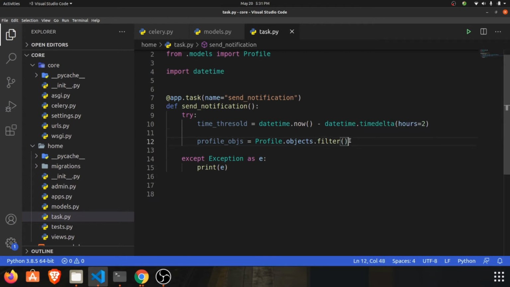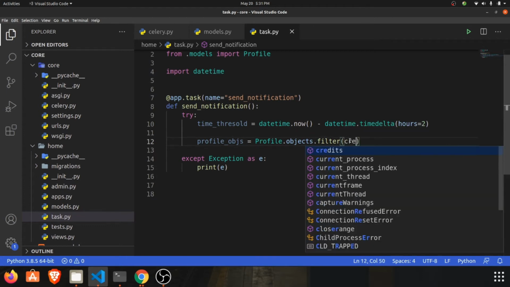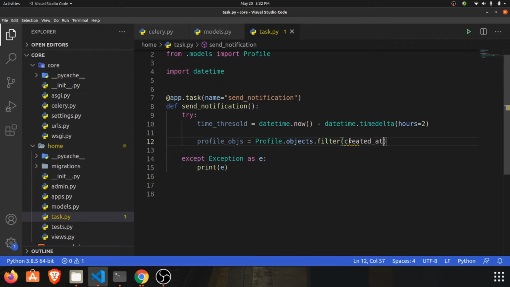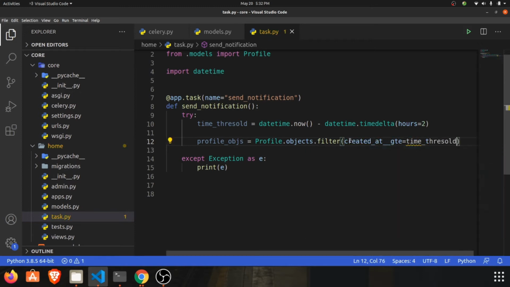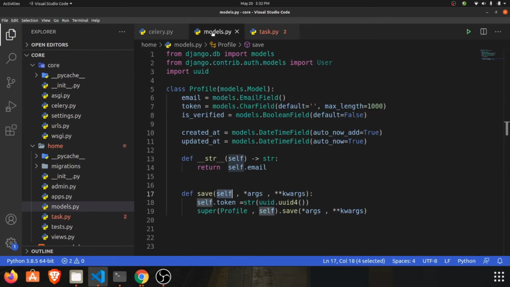We can do created_at__gte, whose time is greater than the time threshold. This will get all the objects from the profile model whose email is not verified in the time span, and we need to add one more field, is_verified equal to False.